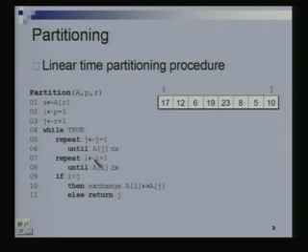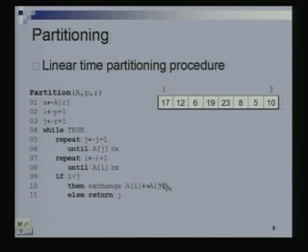Now I go to the next loop where I am incrementing i till I reach a location which is greater than or equal to 10. So I already reached a location which is greater than or equal to 10. Okay. Now what am I going to do? Recall that I want everything in the left part to be less than 10 and everything in the right part to be more than 10. So these are in some sense culprits, because this is more than 10 and it is in the left part, and this is less than or equal to 10 and it is in the right part. So we will like to swap them, and that is what we will do here.